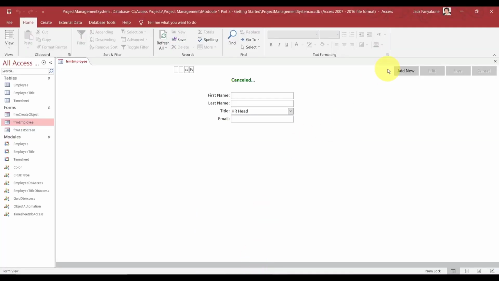All right, that way we can just start typing right away. Okay, let's try that again. Add new. See how it starts right there. Now I don't have to tab. There. Email. Save. Add new. Now, this is where it went wrong. So we know